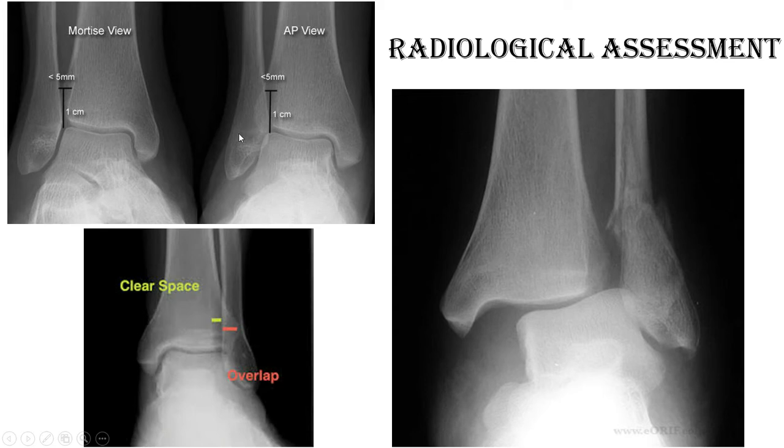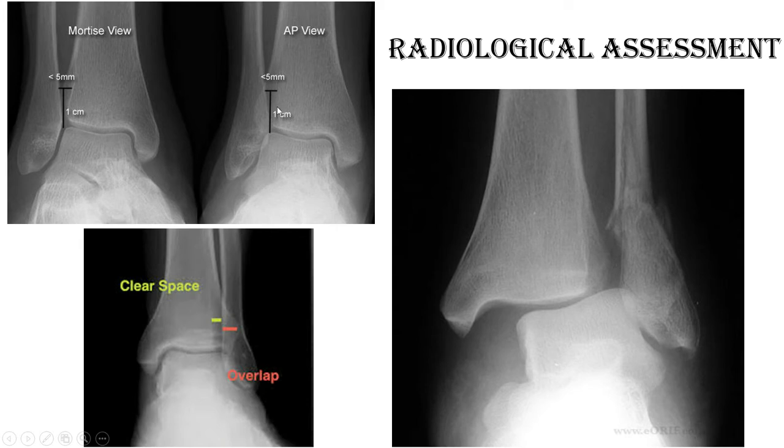Now the anatomical disposition is quite overlapping, meaning the fibula is placed a little posteriorly in the coronal plane. So if we see only the AP view, we can see some overlapping over the medial aspect of the fibula and the lateral aspect of the tibia.